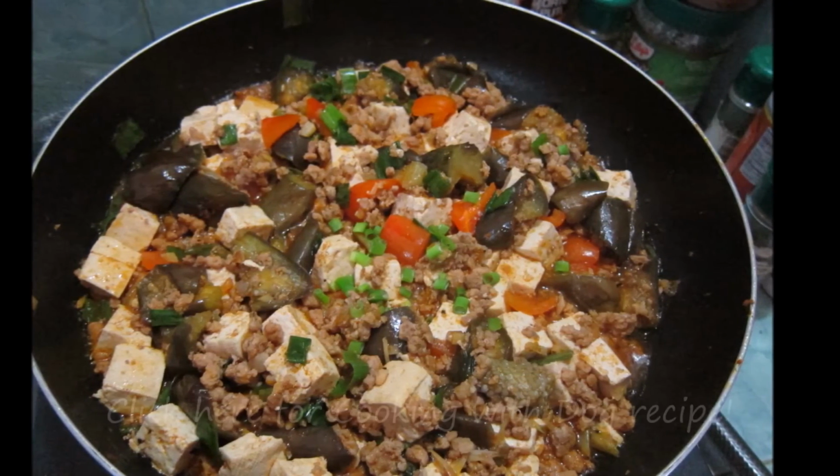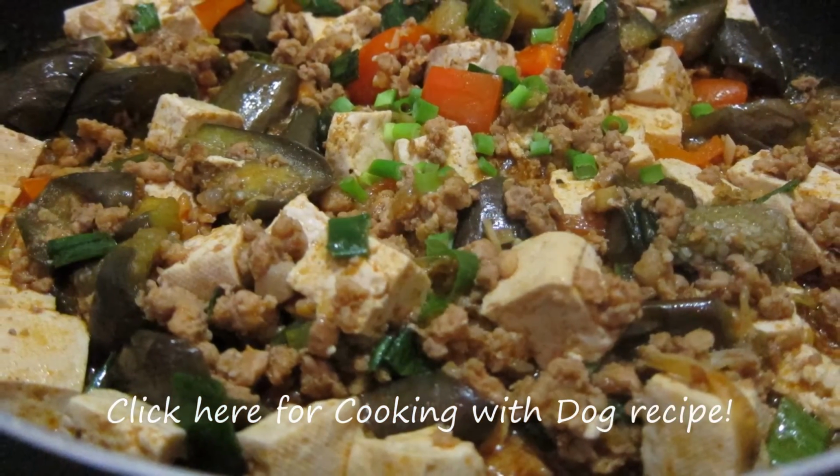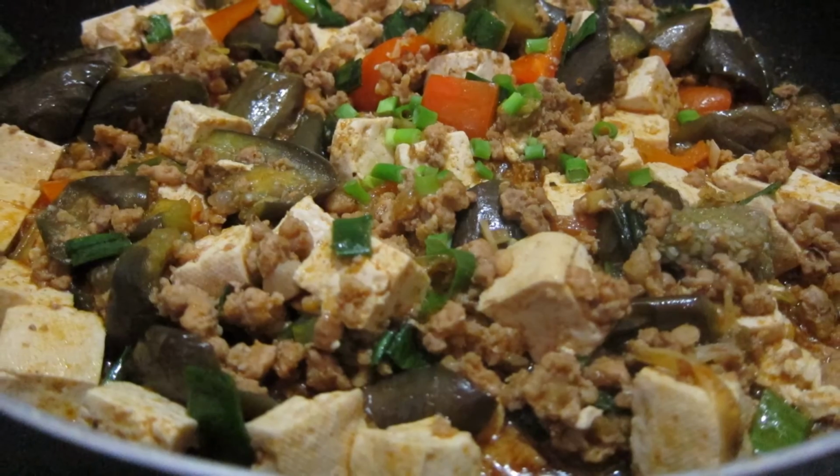You call it Mabu Nasu or Mabu Tofu from Cooking with Dog, and hope you can give this a try,